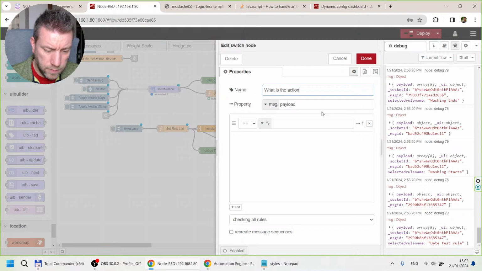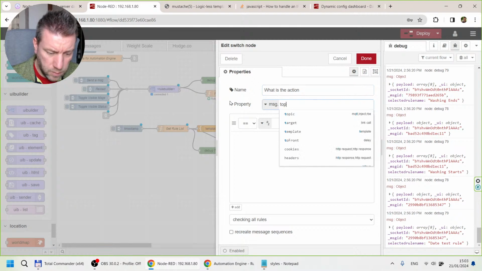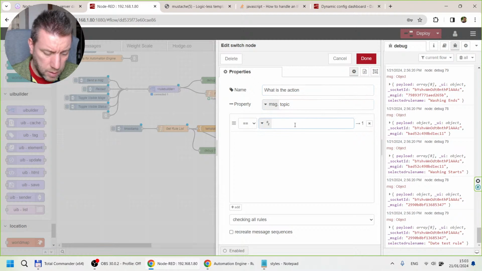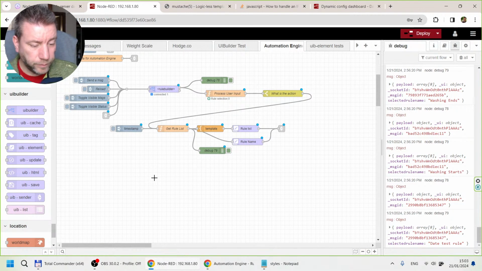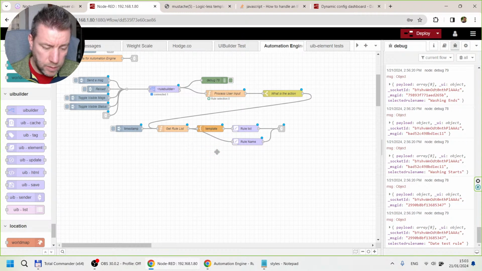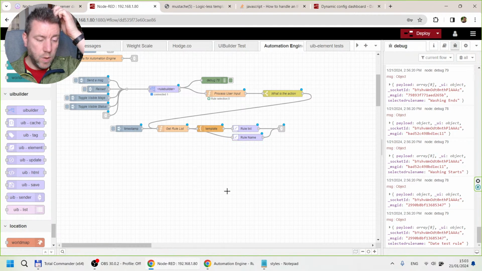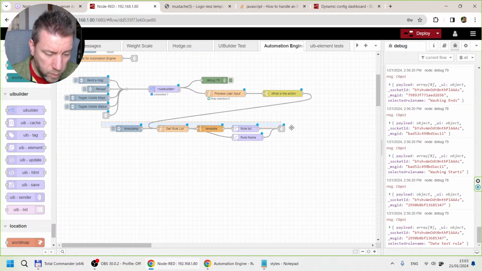What is the action? And topic. And topic is rule selected. And if it's rule selected, then we need to update the rules. Okay. That I don't need anymore because this is working. Cool. So now we can do the whole thing again with